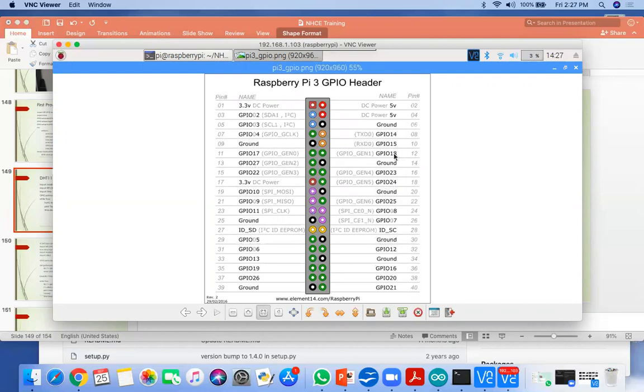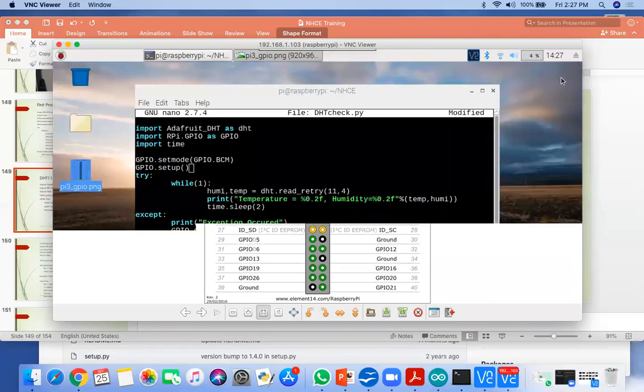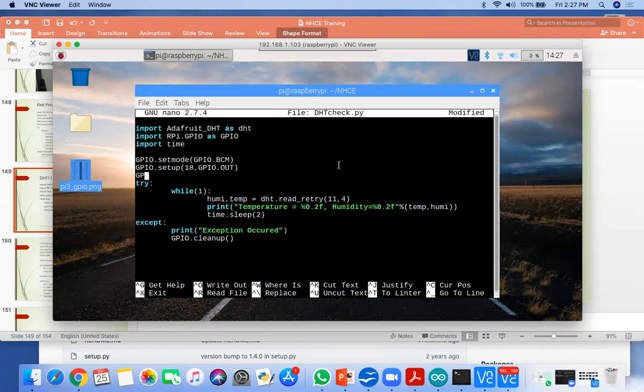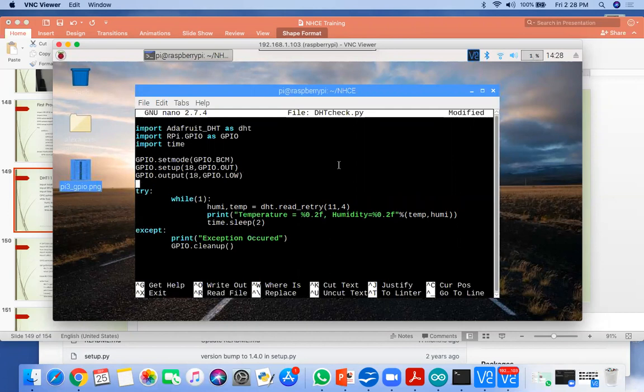Let me set the mode of pin number 18 as GPIO dot out, and by default GPIO dot output 18 comma GPIO dot low. By default it is low.